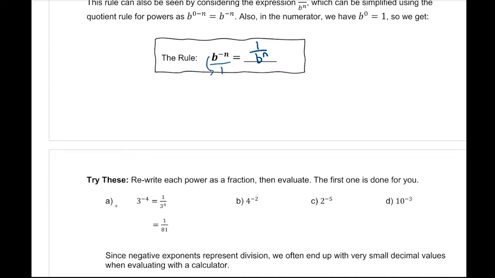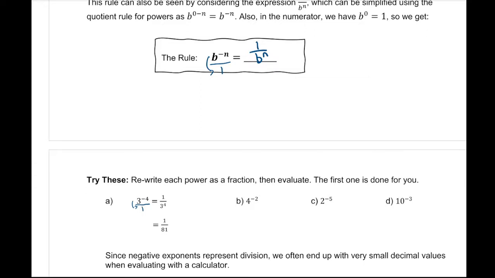So we have one example here, 3 to the power of -4. Our rule says we have to flip that. Any whole number is always over 1, so when we flip it, it becomes 1 over 3 to the power of now +4. We can simplify 3 to the power of 4, which is 81. So our simplified solution becomes 1 over 81. You can check on your calculator. Depending on what calculator you have, it's not going to show up as this fraction. It'll be a decimal value, but when you double check 1 divided by 81, you should see that it's the same